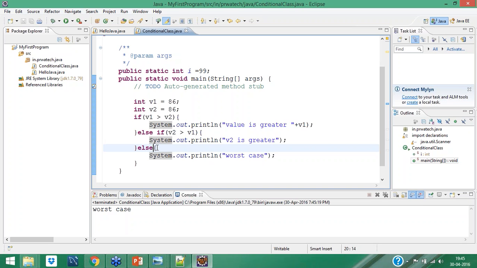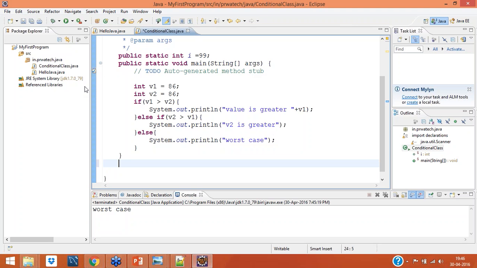So let me write one and see how it gets executed. Here I'll execute this: static, let's say public int my method.